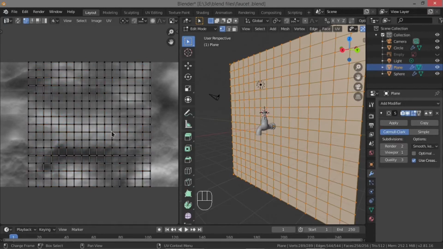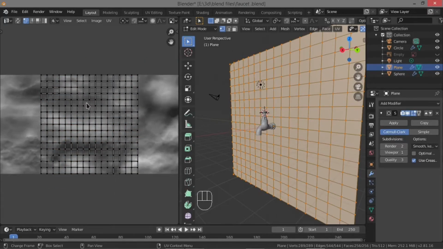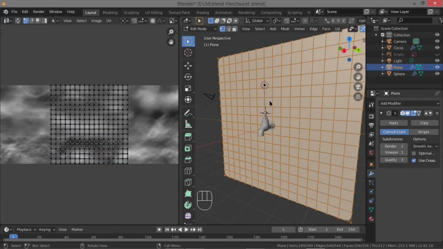So now there are squares. So I'm gonna quickly go to material preview